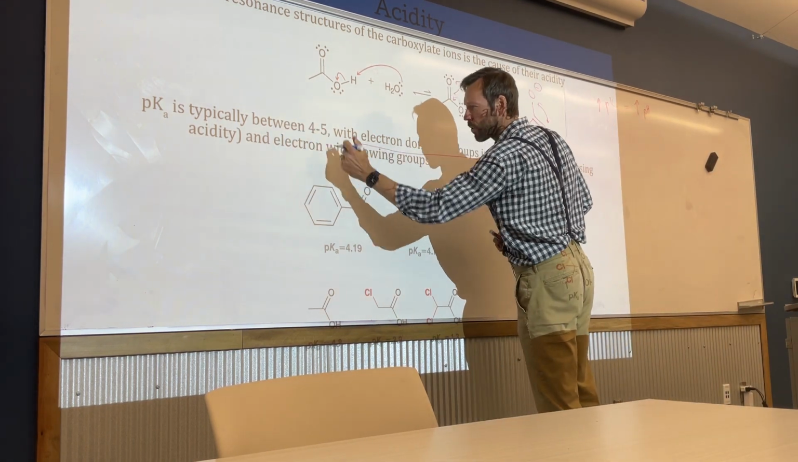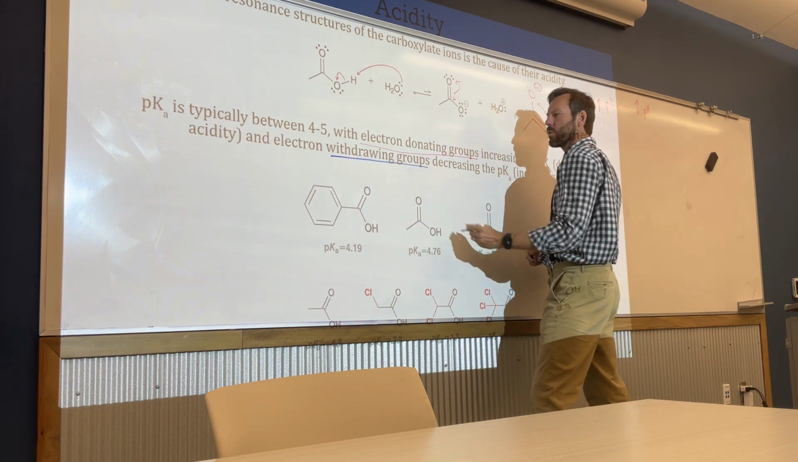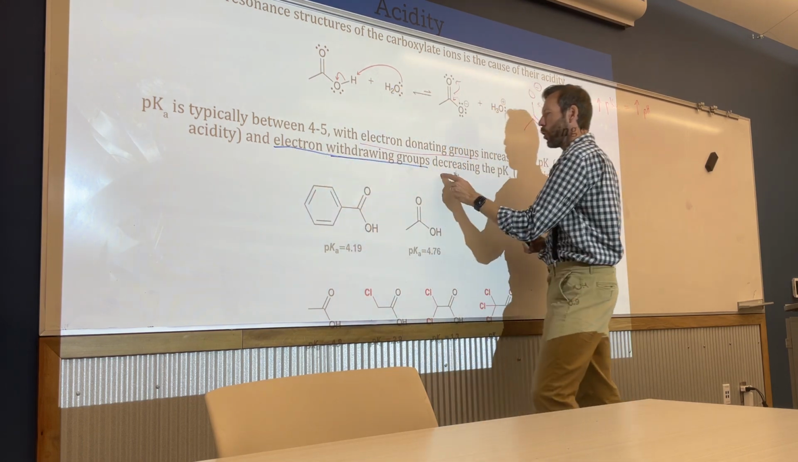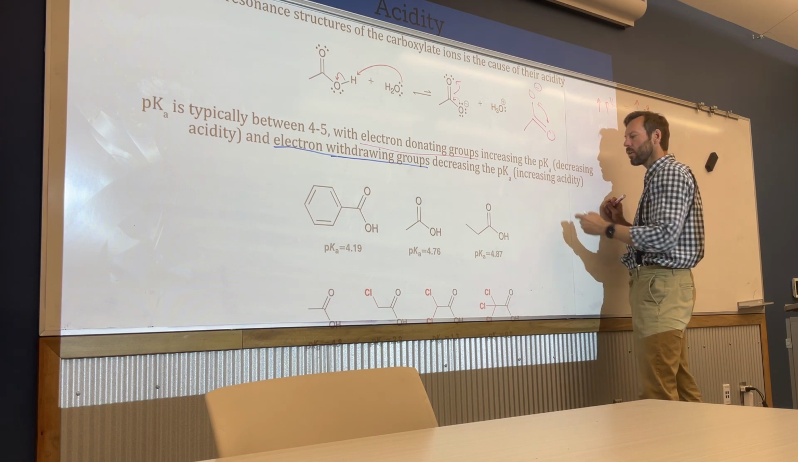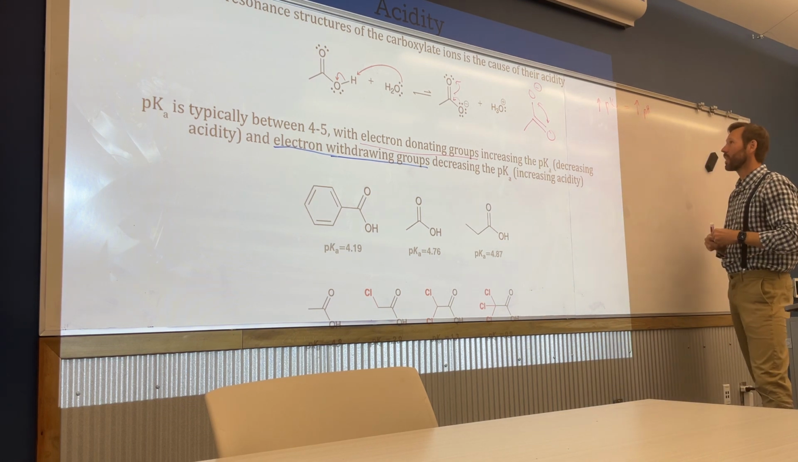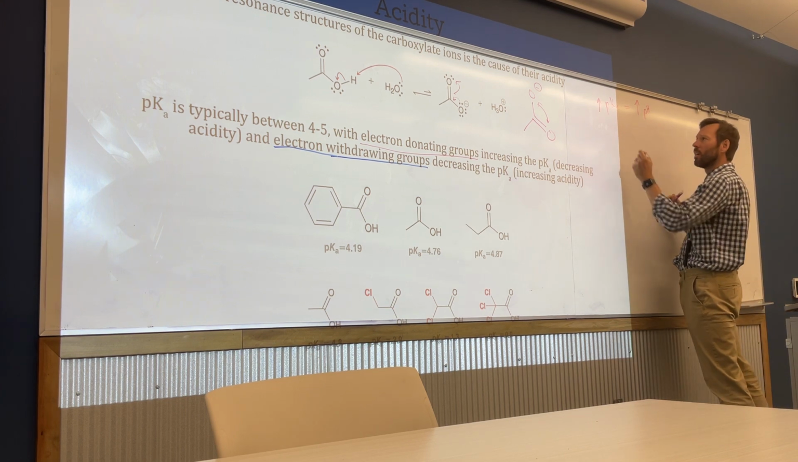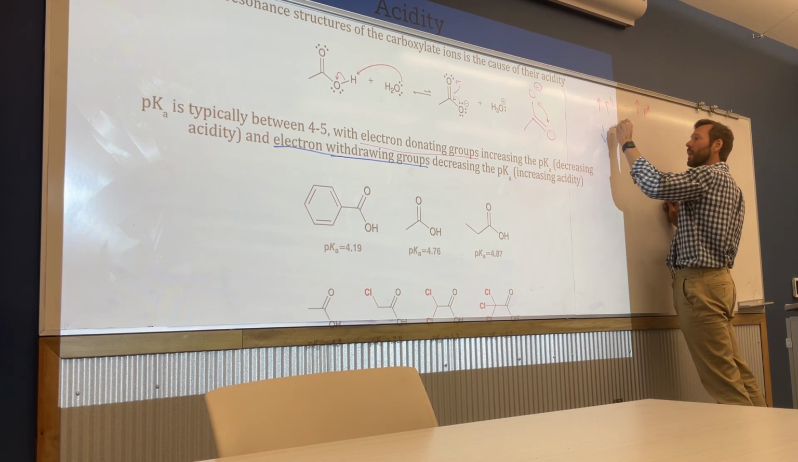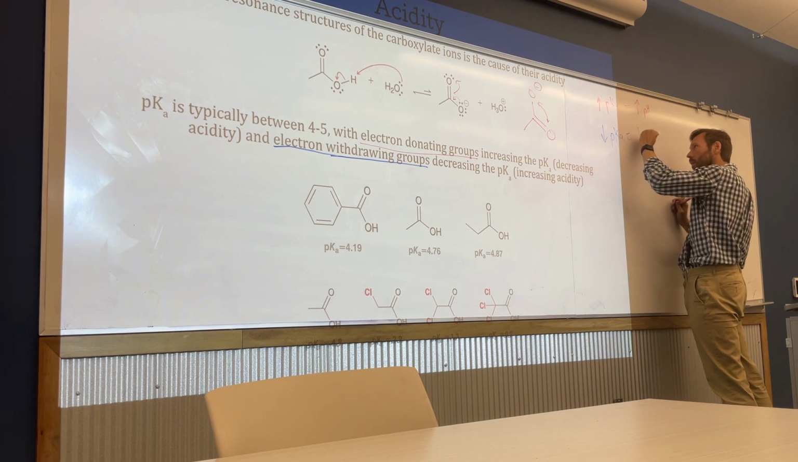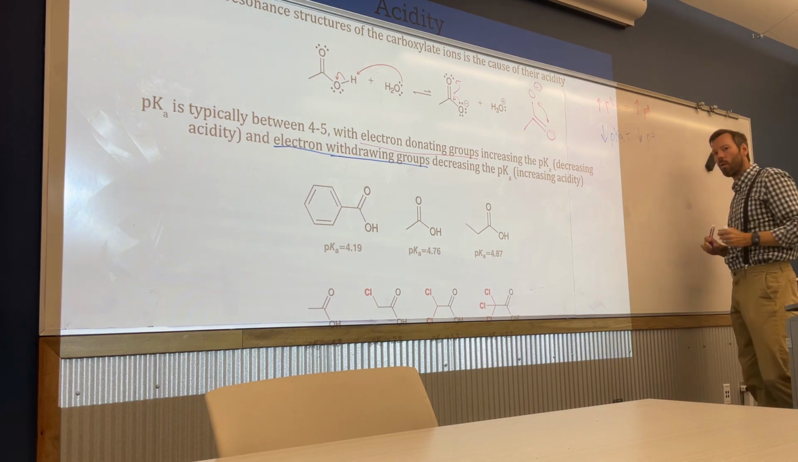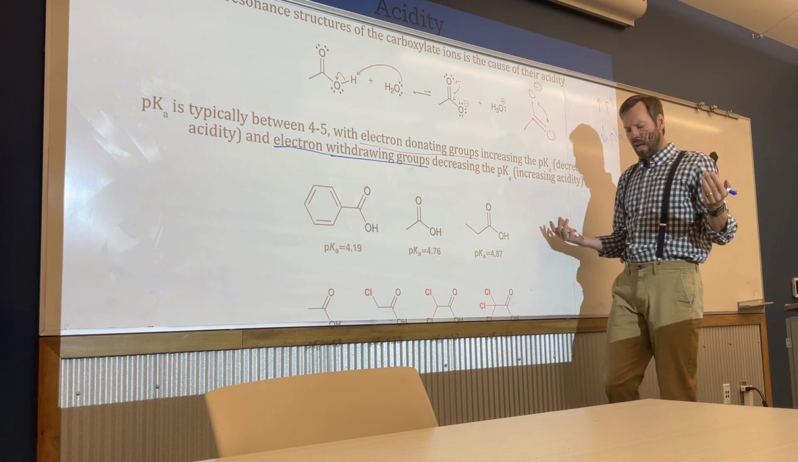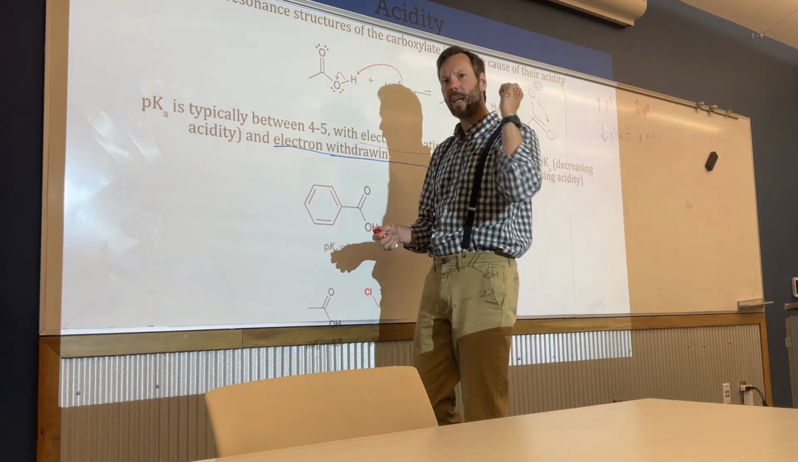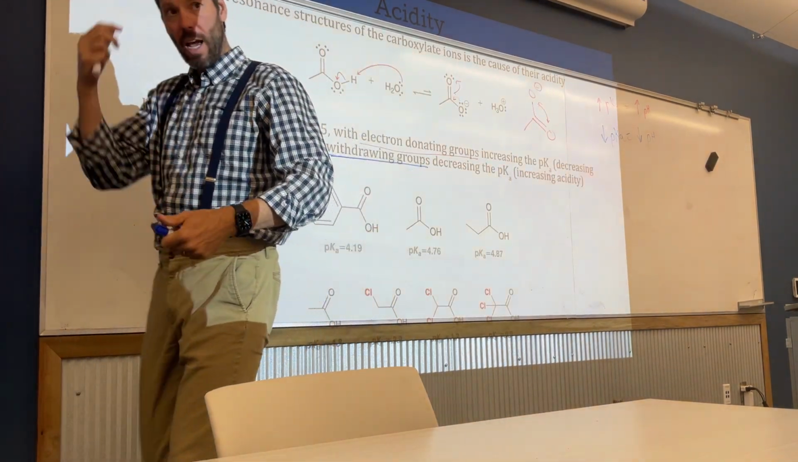Conversely, in this range, right, if we have electron withdrawing groups, those are going to decrease the pKa and increase acidity. So they're going to bring the pKa down. Low pKa gives us low pH. Or low pKa means that the acid is going to dissociate and kick off those hydrogen atoms, because that's what